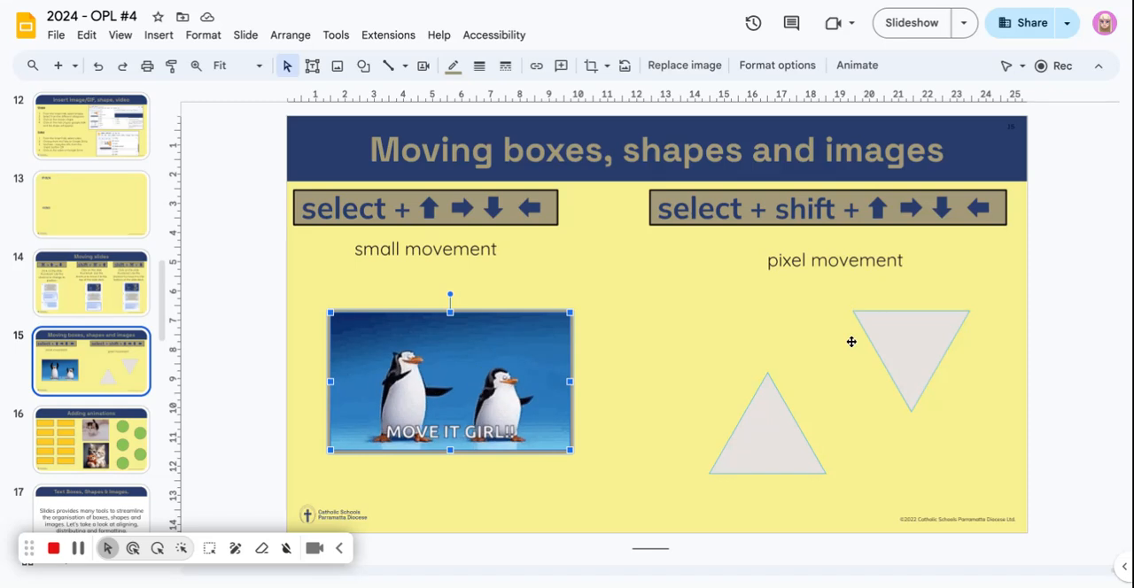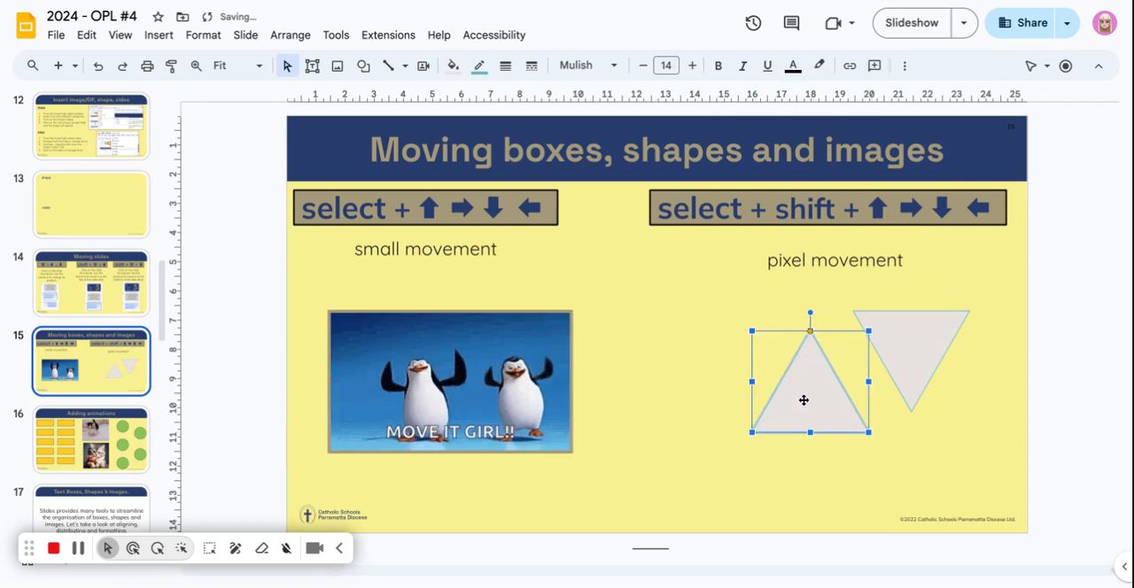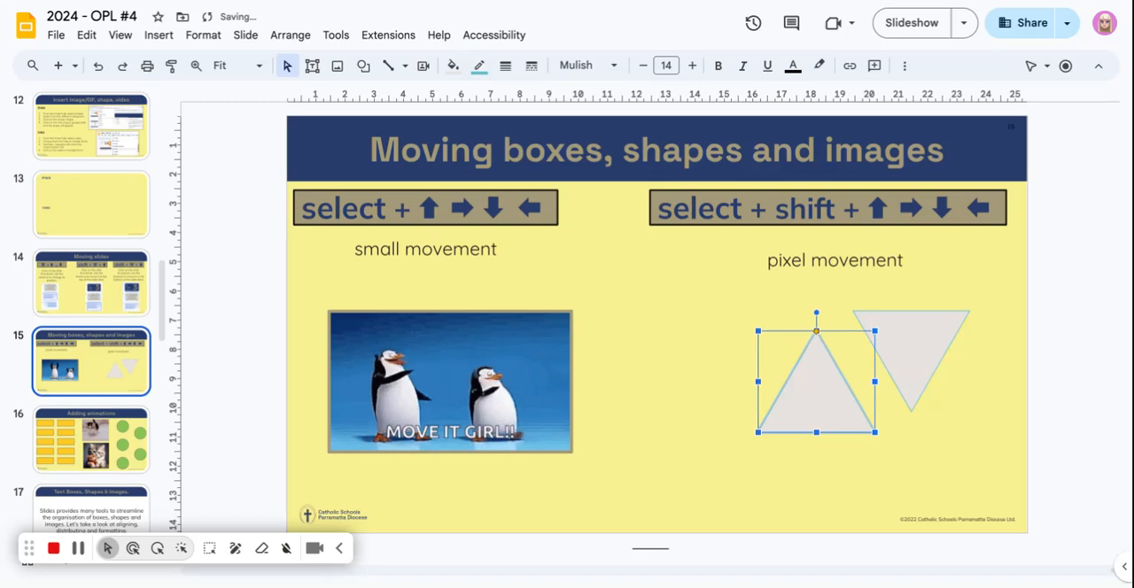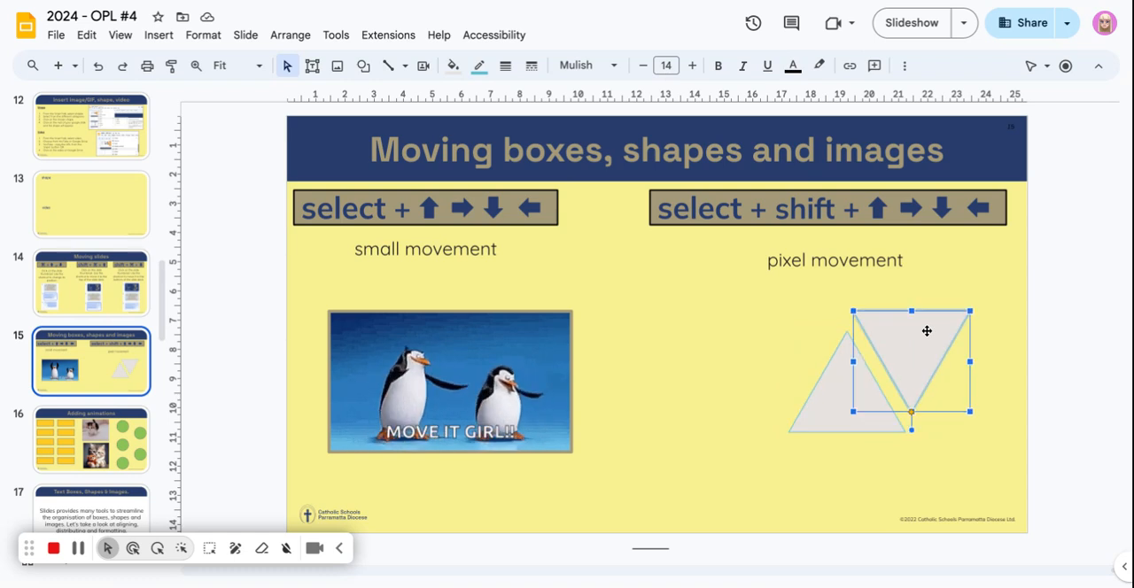So over here, this is another way of moving pictures. I would like to have these two triangles close together, so I might pick this one up and drag it to there. You can see it's already selected, so I can move the arrows, and I'll pop it right over here next to it. But I would like there to be just a tiny bit of space between my two triangles, so if I select this one, if I then push down my shift button and use the arrows,